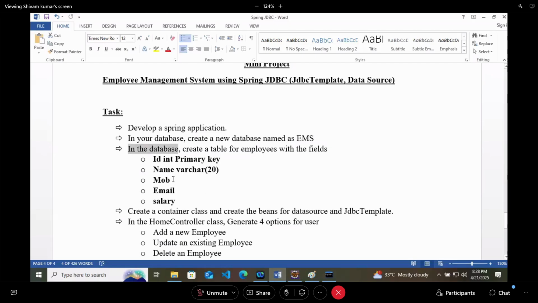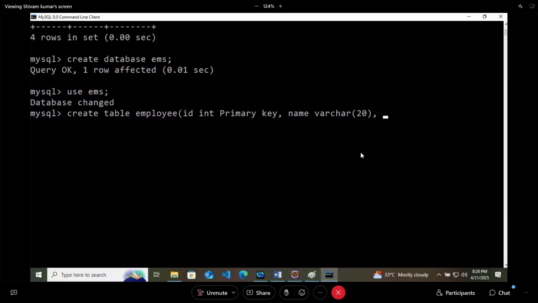Then next is mobile number. Now there is a choice. You can take this mobile number as varchar of 10 digits, which means we will accept a string value for mobile number. Generally, there will be a type mismatch between long and int. After mobile number, email ID of varchar 30 because it has at the rate of gmail.com, a big value.